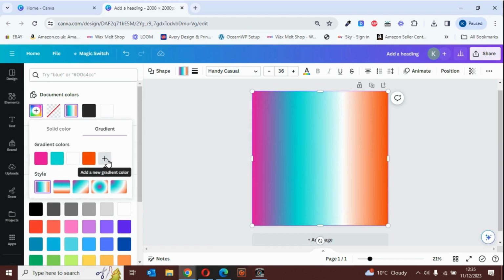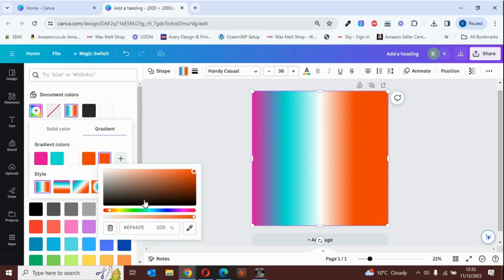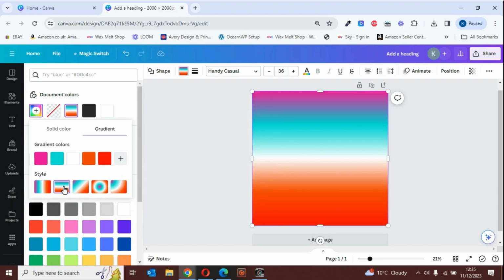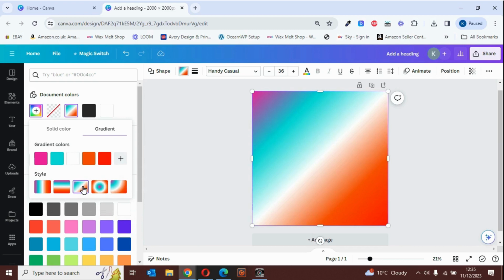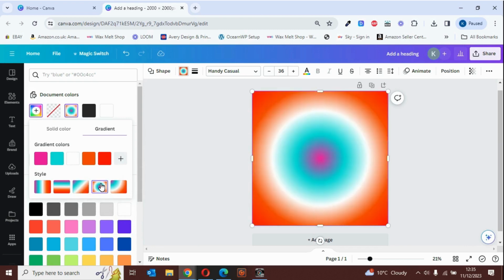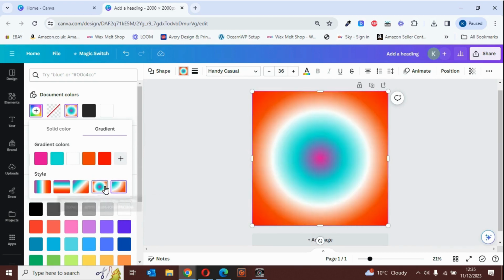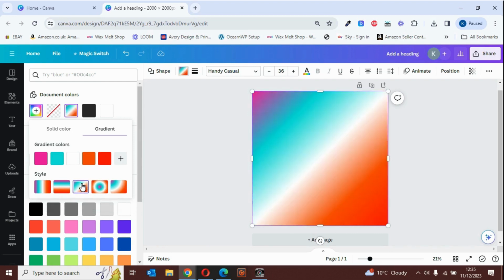I think we've got 4, we'll add one more in. So let's have a look. Let's have a red. So we've got a bit of red and a bit of pink. Right, so we've got 5 colours there. Obviously it's on this style at the moment. You can change it to that style. That one's okay. I suppose that will be good depending on what you were doing. You can have different angles, but the beauty of it when you're doing it as a background,